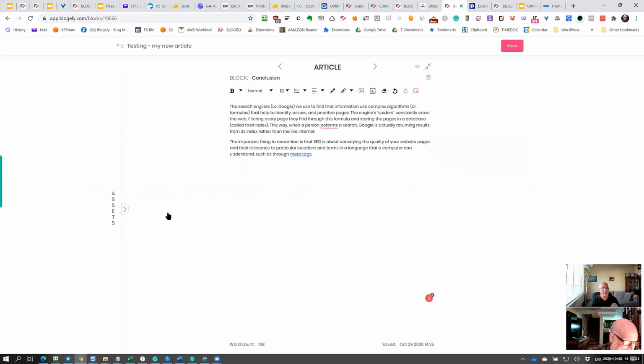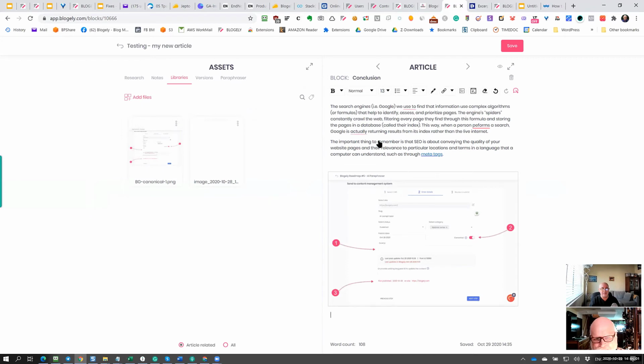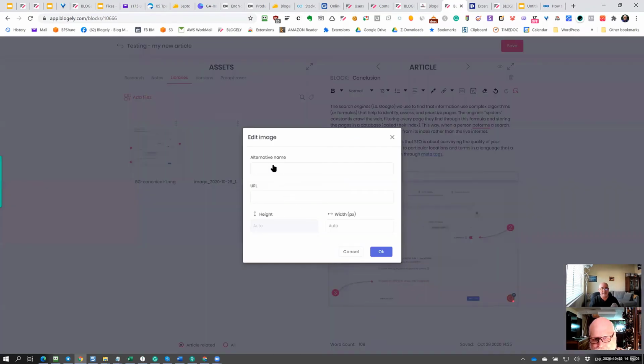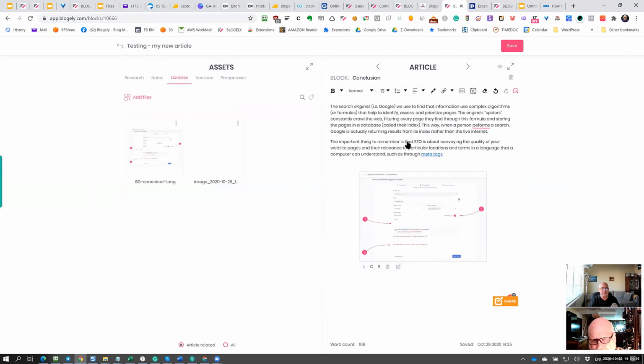Now let's assume that I want to use some other image or library, and let me add, assuming that I added some more, the same image here. So now I can also edit this image by its size. I can put in alternative text, and I can make this one slightly smaller. So I set the width to 400. You can see now it's smaller, so that width will be used.